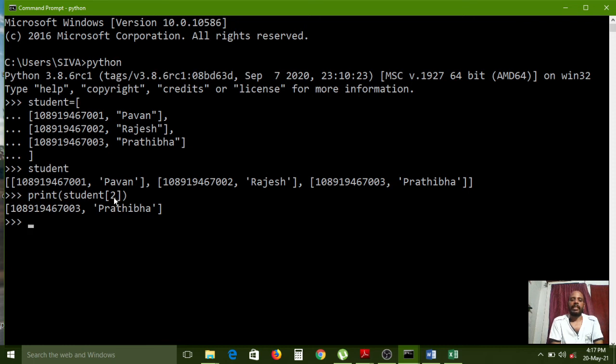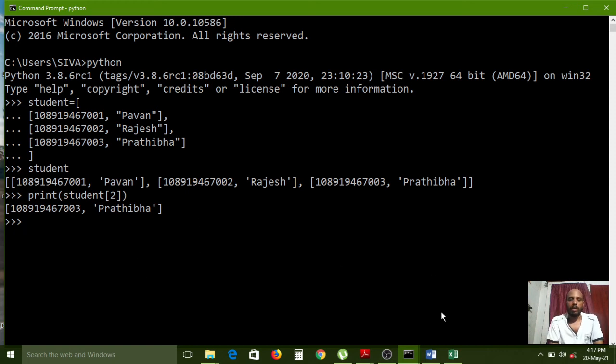So that's why in the second index the name is Pratibha. It has printed with the hall ticket number 3. Understand? Simply I am pronouncing 1, 2, 3, but the number is 108919467003, the hall ticket number. Simply I am pronouncing it while explaining, you don't get confused. I am calling the last number.